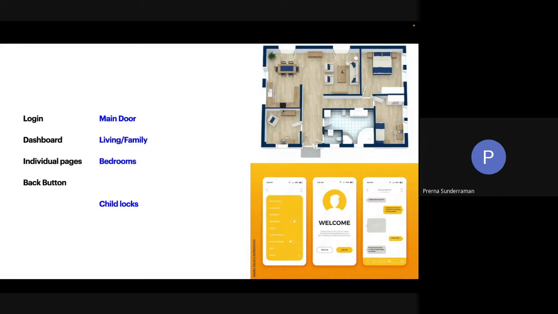If you were to click on the hamburger menu and jump to different parts of the app, that's almost like every bedroom, which could be a guest room, another family member's room, a kid's room, or a media room or a study or anything.